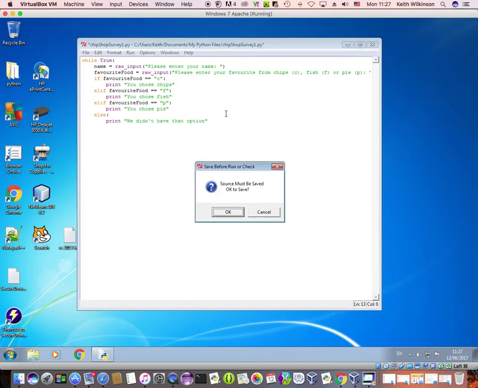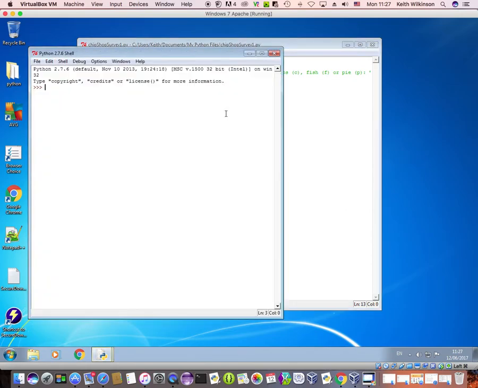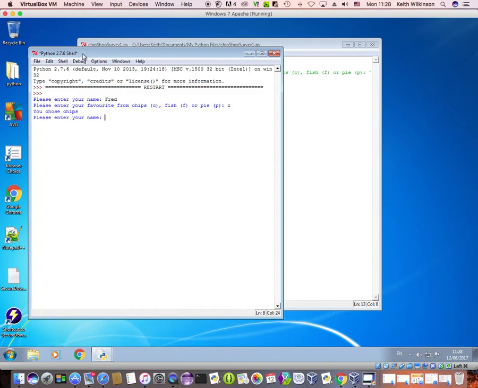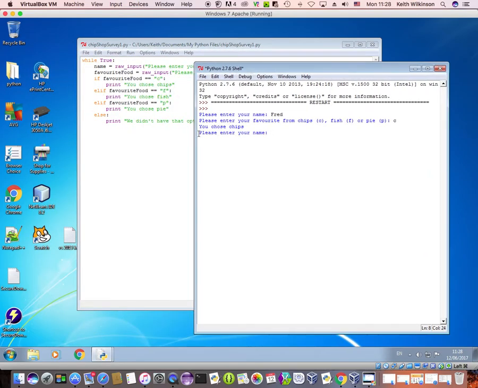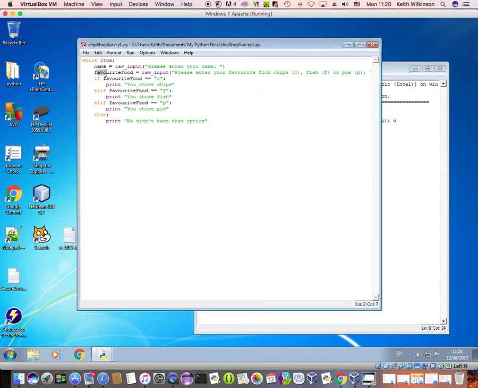So if I save it and run it, please enter your name, Fred. Please enter your favourite from chips, fish or pie. Let's do chips. You chose chips. Notice what's happening now. My program did not end. It looped back round to this line here. So it did that line, checked what we had. We chose chips. Once we chose chips, it jumped all the way back down to here, which would normally be the end of the program, but we loop, because of this while, back up to here,